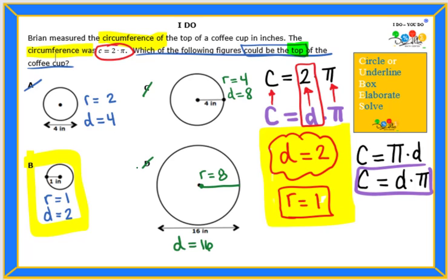So the circle that could have circumference equals 2 pi because the diameter is 2 would be B, because if the diameter is 2, then the radius must be 1. The correct answer is